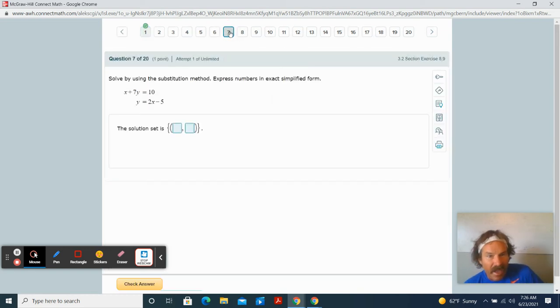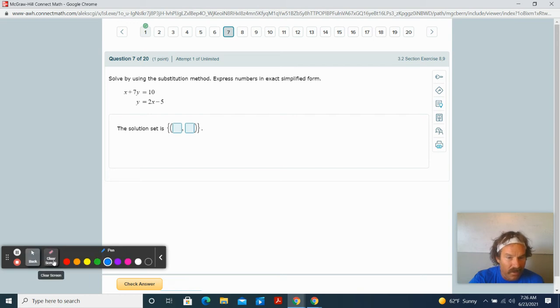So problem 7 actually has you solve a system of equations without graphing. There's a couple different methods that are used. One's called the substitution method. I want to go over this today, and I'll be going over this in Zoom this morning as well. So the substitution method,